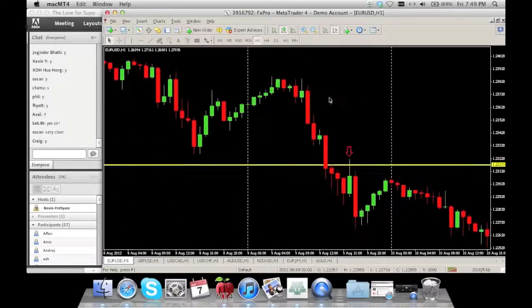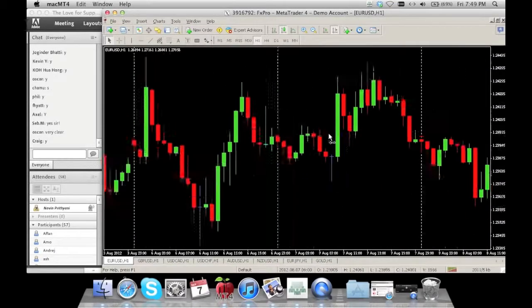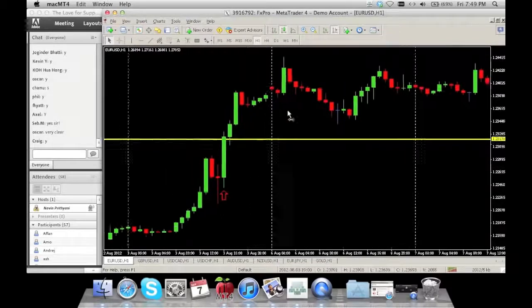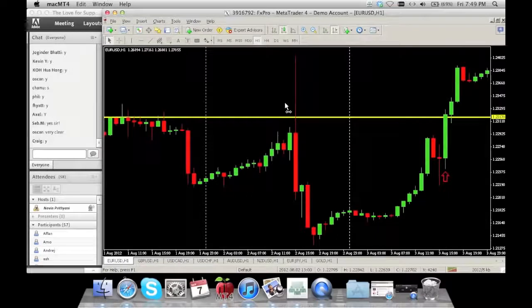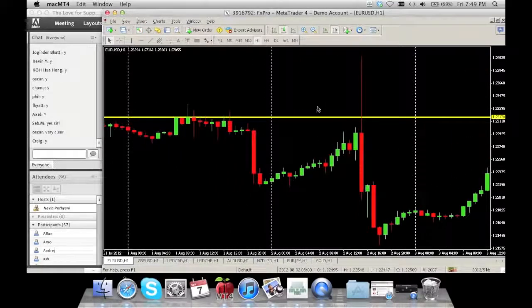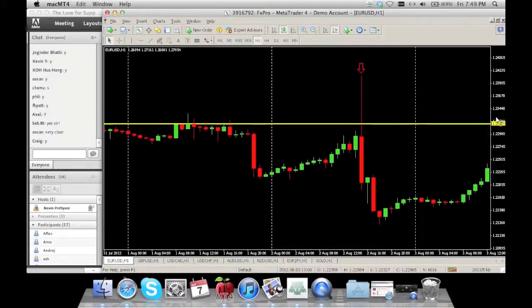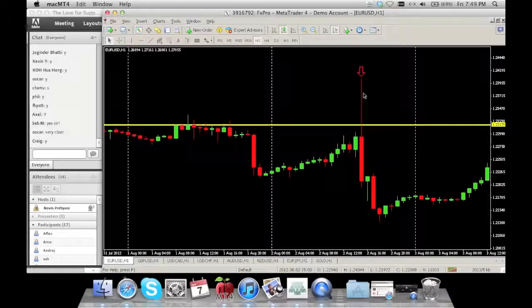So now you can write this down. If a level has been used as support and resistance multiple times, the same level, there is strength. Okay. If that level has contained a large tail, such as this one, it has more strength. Okay? You can put that as strength level number 2. Okay. Now, let's go into the next segment of support and resistance.